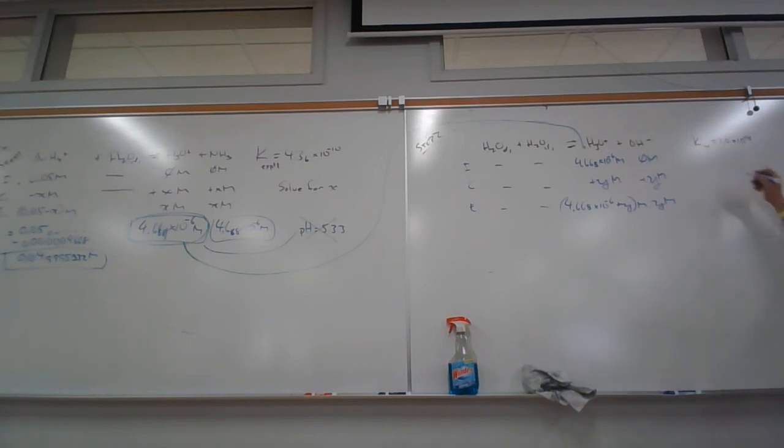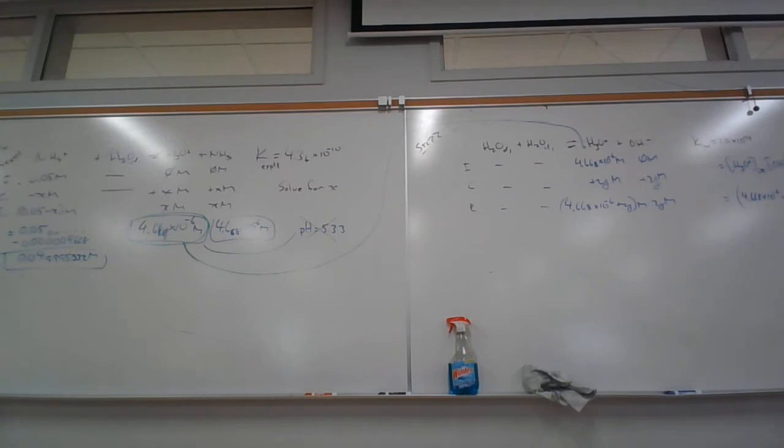Okay, then we're going to plug it into this equation here. Kw is equal to the hydronium ion concentration at equilibrium times the hydroxide ion concentration at equilibrium. Now this is the total hydronium, because the total hydronium is going to be the hydronium from step 1, 4.668 times 10 to the minus 6, plus the hydronium from step 2, Y, times Y. Okay, this is a pretty simple quadratic. I can solve this,